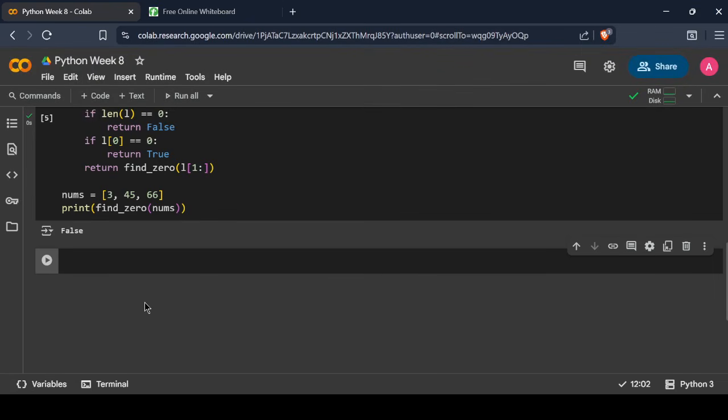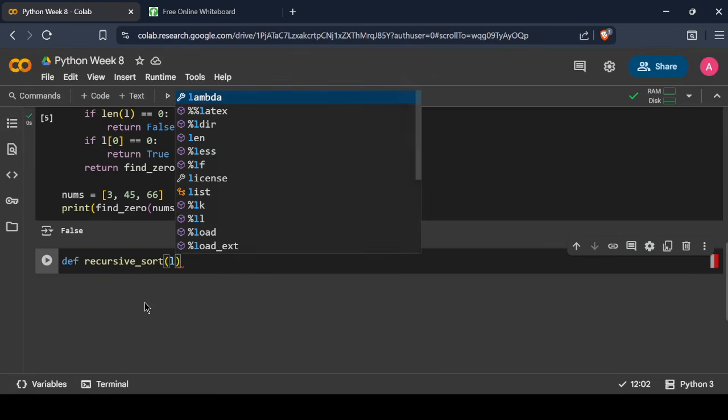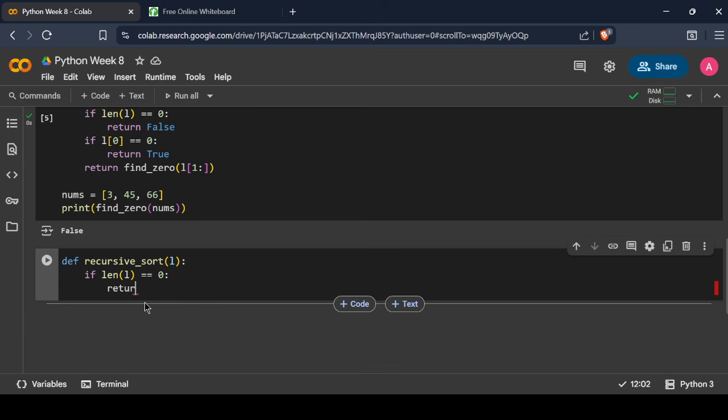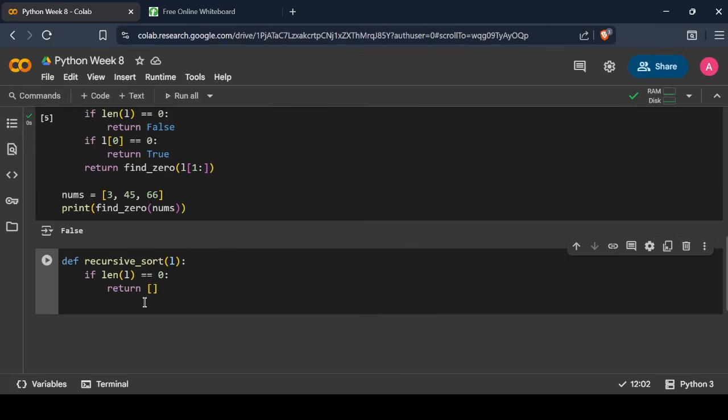So we can also see one more case where we can find this recursion. Let's say I want to recursively sort a list of elements. I define the function and take list as a parameter, and I write the base case: if the length of our list is 0, then return an empty list, or else